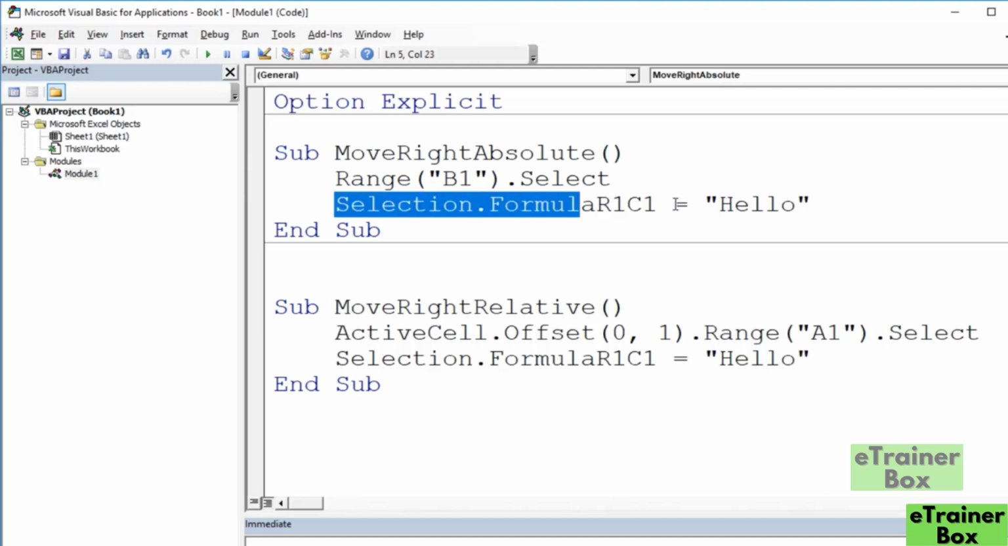This second line of code, which is actually identical between the two macros, simply writes the value hello to that cell. The more important line is the very first one. We're selecting cell B1 explicitly. In comparison, in the relative macro,